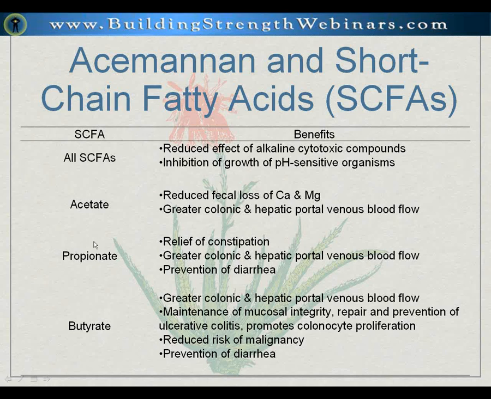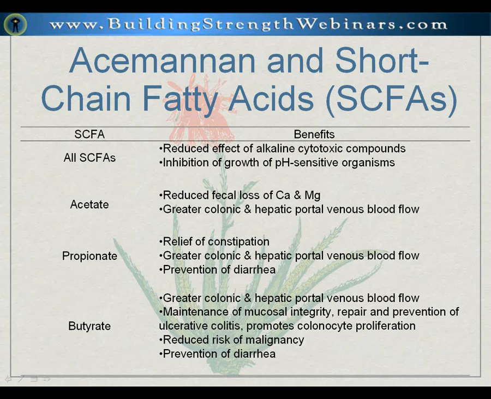So what we have is a system where when you're first born, your mother gives you these beta-linked oligosaccharides in her milk. It's one of the main components. And then she gives you the friendly bacteria that make these short-chain fatty acids. And whenever you quit nursing, then you need to go to other sources like acemannan or other fibers to make sure that you get your needed probiotics.